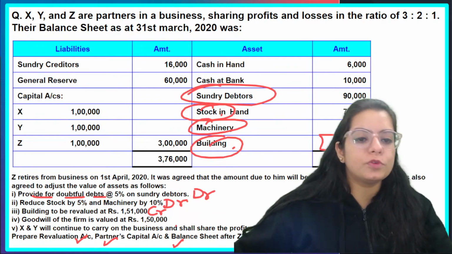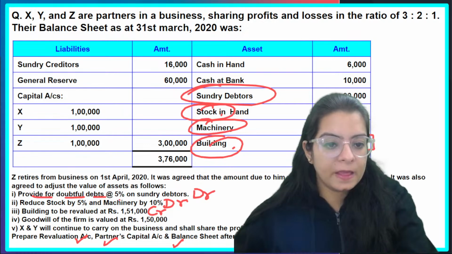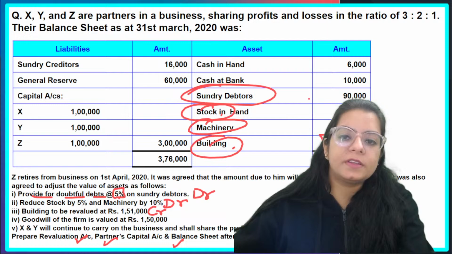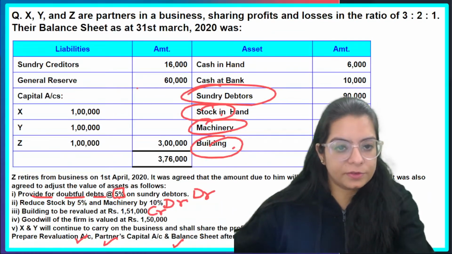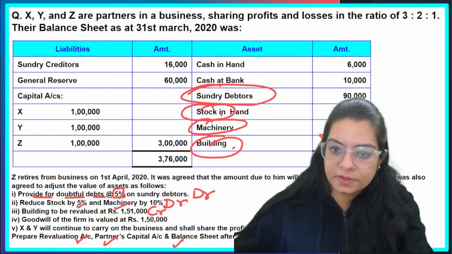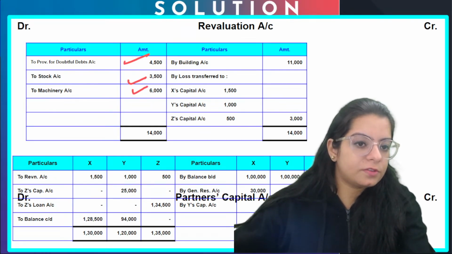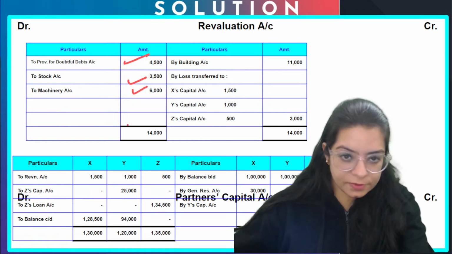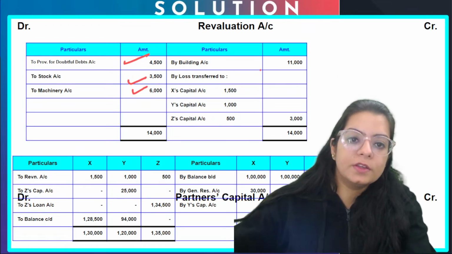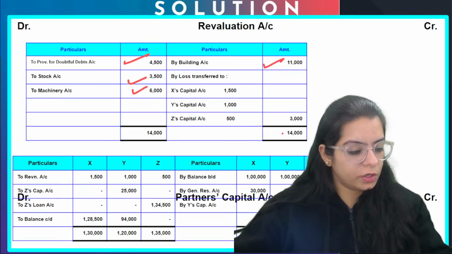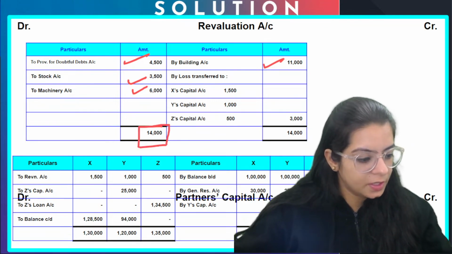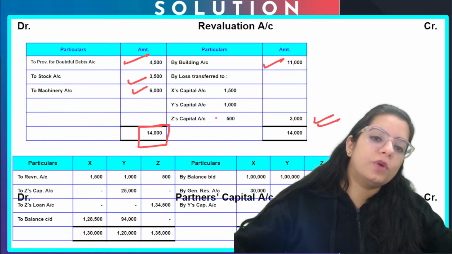तो ये तीनों आइटम्स हम पोस्ट करते हैं, आ जाओ रिवैल्यूएशन में। सबसे पहले 5% तो बनाते हैं सन्ड्री डेटर्स पे अपना प्रोविजन, राइट? 5% कितना हो गया जी, 4500 का आपने रिवैल्यूएशन बनाया। उसके बाद देखो 5% से स्टॉक घट गया, मशीनरी घट गई 10% से, सो लो जी 3500 से स्टॉक घट गया, स्टॉक और मशीनरी घट गई 6000 से। बिल्डिंग कितने से इंक्रीज हुई है जी, बिल्डिंग इंक्रीज हुई है 11000 से, सो आपने बिल्डिंग इंक्रीज कर दी। दोनों साइड का टोटल लो, क्रेडिट साइड का टोटल ज्यादा आ रहा है या डेबिट का ज्यादा आ रहा है, डेबिट का ज्यादा आ रहा है 14000, तो क्रेडिट में बच गई बैलेंसिंग फिगर, तो वो आपका लॉस है।